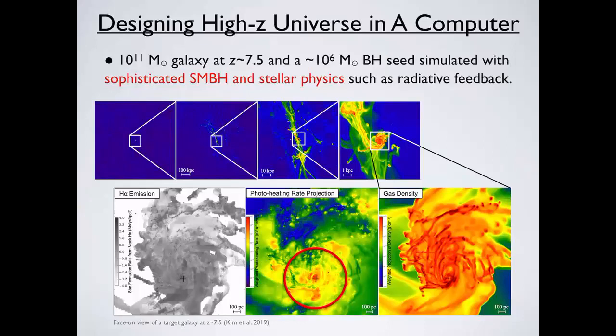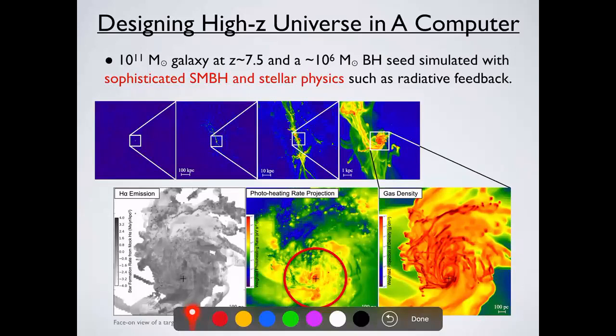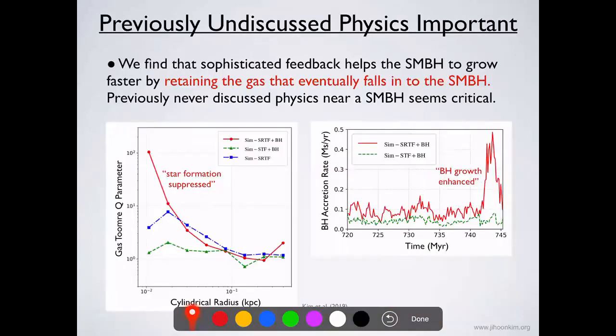And you can see that here at the bottom, near the location of the supermassive black hole, marked with the black cross, the temperature or the photo heating rates around the supermassive black hole is really high, to a level that it's above 10 to the 4 Kelvin, sometimes 10 to the 5 Kelvin. So it's so high, it's high enough that it cannot form stars. The gas around the supermassive black hole has been heated up by the radiation of the supermassive black hole or the nearby stars, that the temperature of the gas is so high that it can no longer